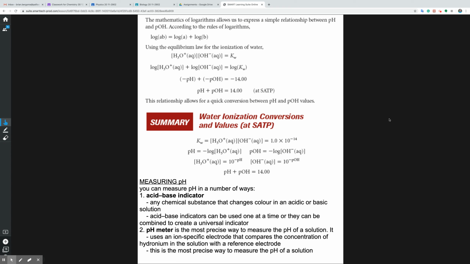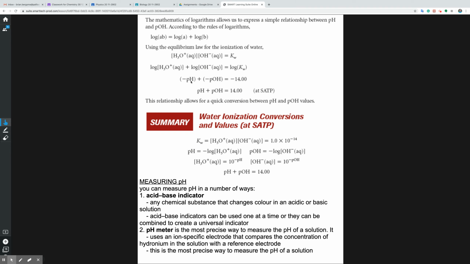Okay, so these are kind of the calculations and the things that you need to know as far as how to use it. So the mathematical logarithm allows us to express a relationship between pHs and pOH according to the rules of logarithm. So log AB is equal to log A plus log B. So the equilibrium law for ionization constant of water, so we have concentration of hydronium times the concentration of hydroxide equals Kw, meaning that the log of hydronium plus the log of hydroxide equals the log of the Kw,